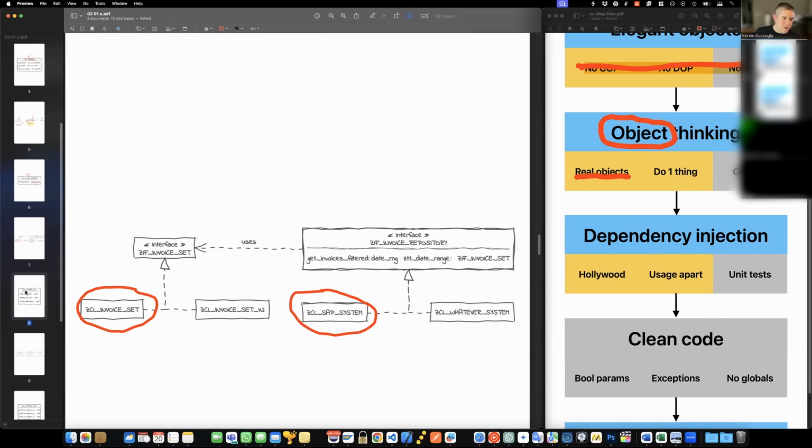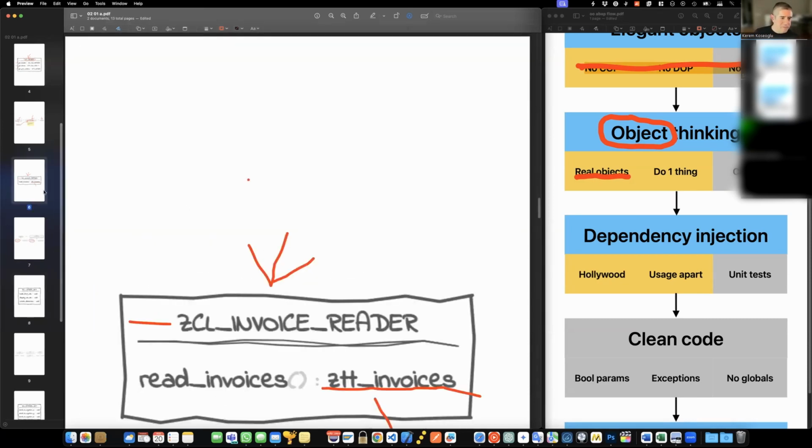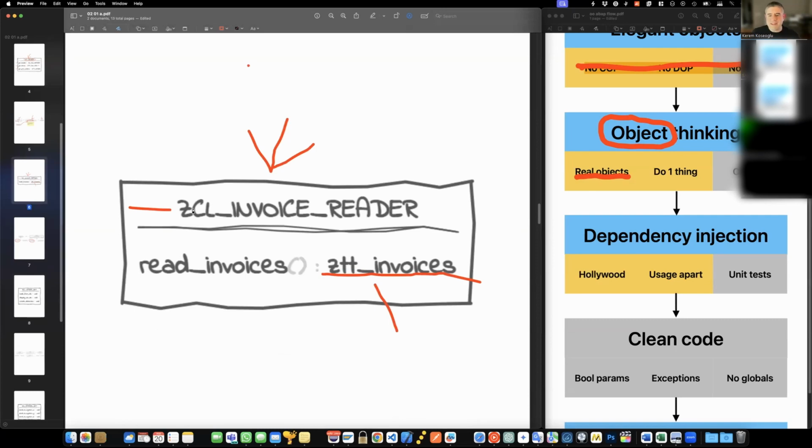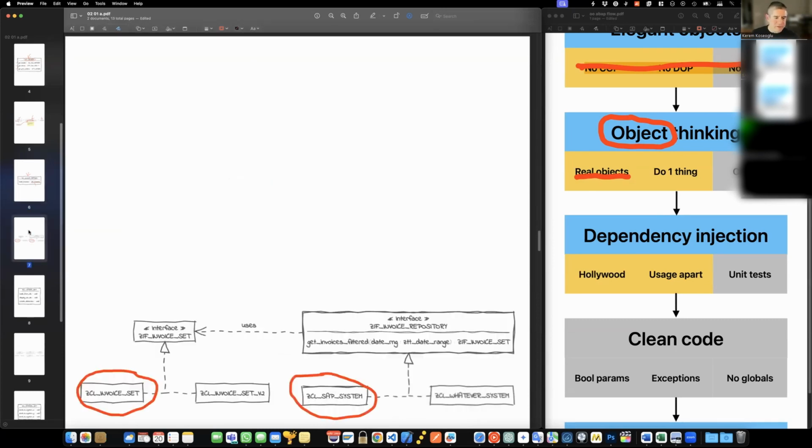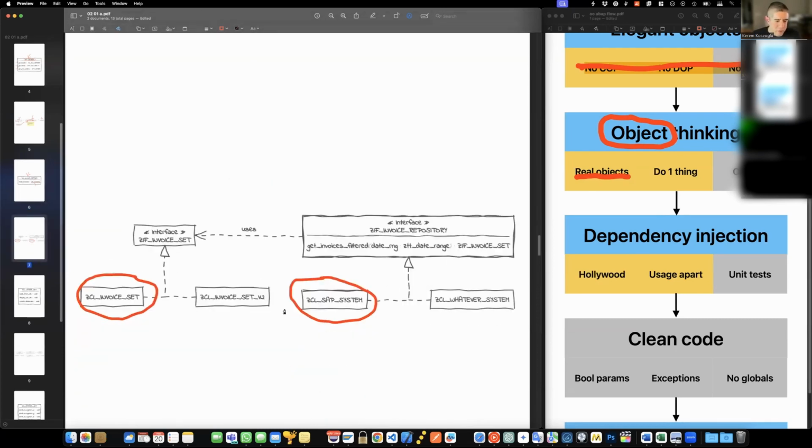So instead of creating an object called invoice reader, which does not have any physical correspondence, I split this into two sets. And when I want to retrieve these invoices from the system, here's my interface called invoice repository, right? This is also a real object, because maybe part of my invoices are in the SAP system, but for some reason I have to use two different systems.